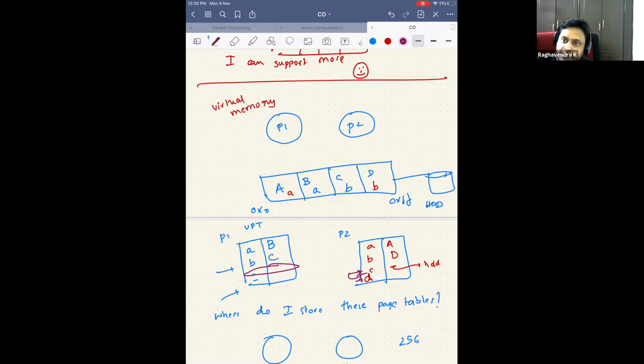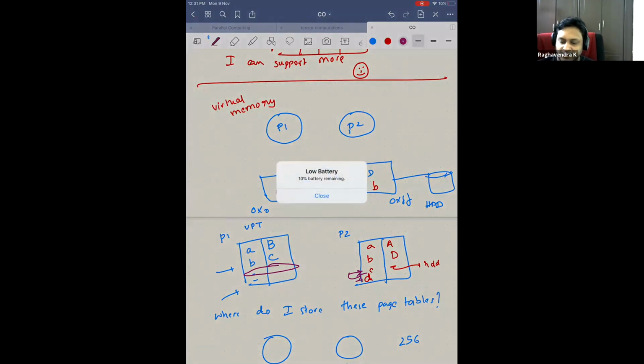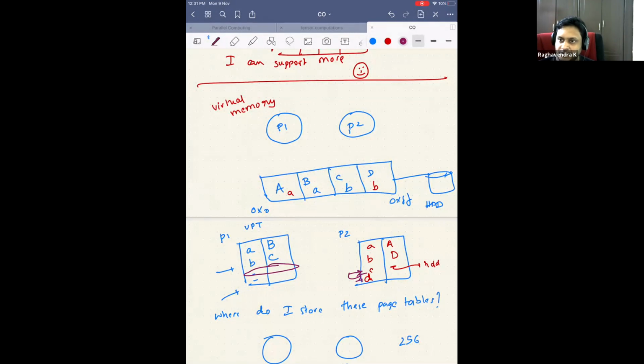So can there be a page which you have never malloc'd, or which the process has never used, never touched? The actual answer is no. So what does it mean that the CPU has generated an address which is not in the page table? As a software engineer, what is this called? You are trying to access something which is not there. Maybe the address translation is wrong? No, hardware cannot be wrong; let's assume that hardware cannot be wrong.